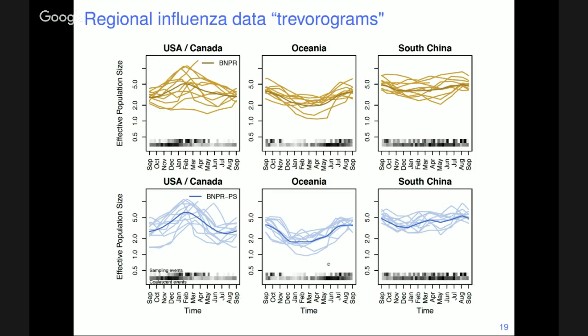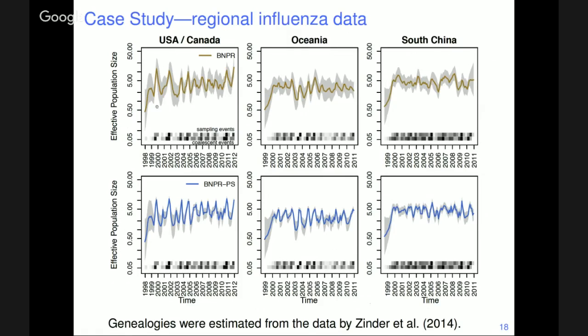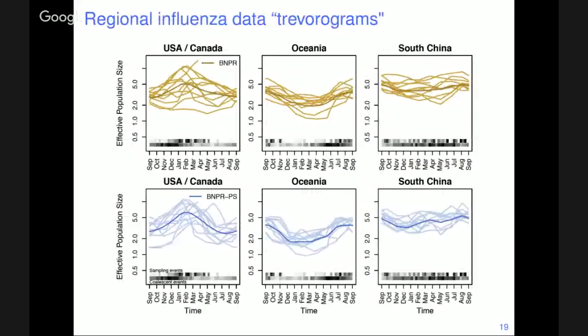So these are samples from the posterior. Those are just point estimates, posterior medians, but they are the same curves on this plot. We just chopped each year and plotted each year on top of each other rather than next to each other. Yeah, okay. So instead of putting them next to each other, we put them on top of each other. So we can see the consistency of peakedness, let's say, of these curves